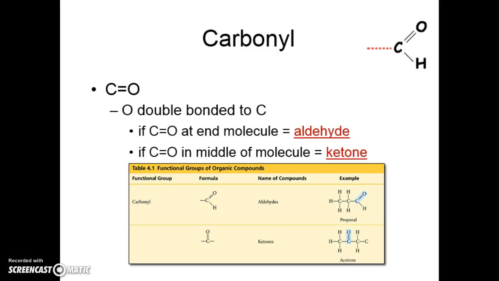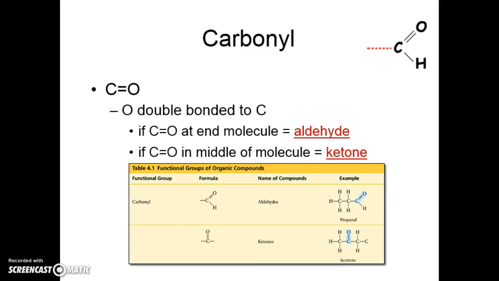The next group is a carbonyl. That's a carbon that's double bonded to an oxygen. So when a carbonyl is at the end of a molecule, it's called an aldehyde. When it's in the middle of a molecule, it's called a ketone. So you can see here how that might look with these two. I know this is really small, but this one's propanal, and you can see it's an aldehyde, and it has the CO, the C with a double bonded O, at the end of the molecule. And here we have it found right in the middle of the molecule, so this is classified as a ketone. And again, this is not going to be quite as electronegative because the oxygen here has this double bond with the carbon, but it still is going to make this more reactive than the